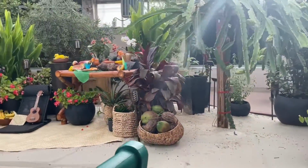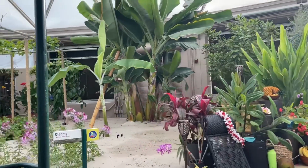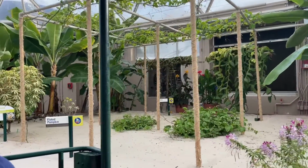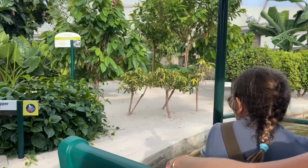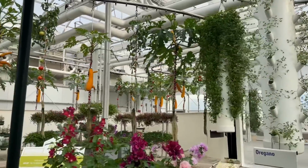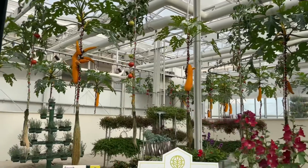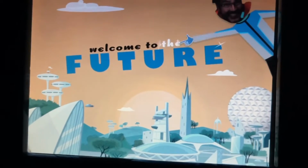One day, many of these lesser-known tropical plants may be as important as the bananas growing on both sides of the boat. More than 28 million tons of bananas are eaten annually, making it the most popular fruit in the world. The future of agriculture may include innovative ideas like this vertical growing system. Plants grown in this way use a fraction of the space required by traditional growing. Let's take a look, shall we? Welcome to the future. Or should I say...